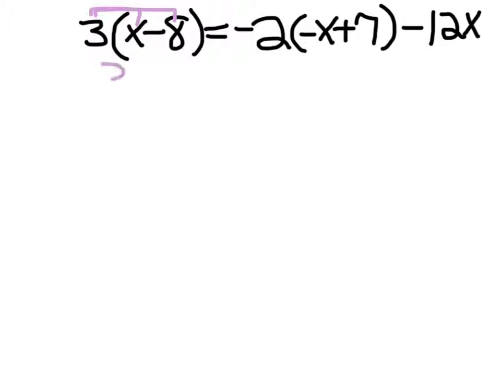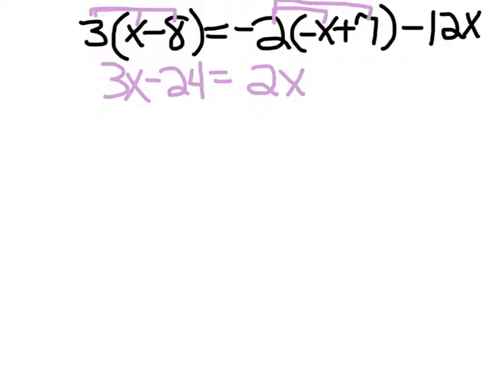3 times x is 3x. 3 times negative 8 is negative 24. Now we are going to distribute the negative 2. Negative 2 times negative x is a positive 2x. Negative 2 times positive 7 is negative 14. We have now distributed the 2 through the set of parentheses, and so we just need to bring down the